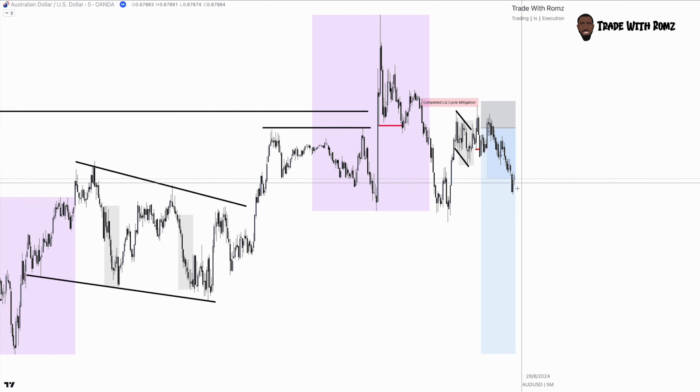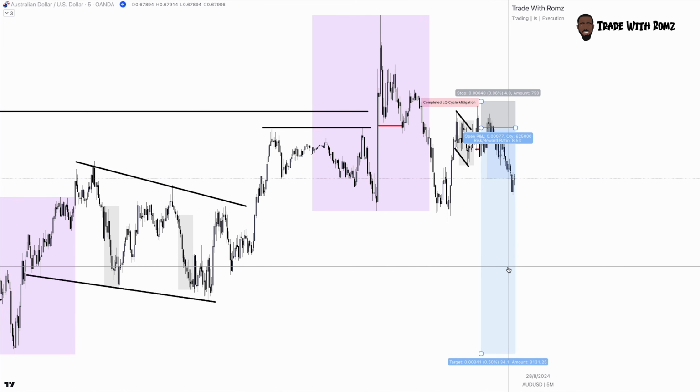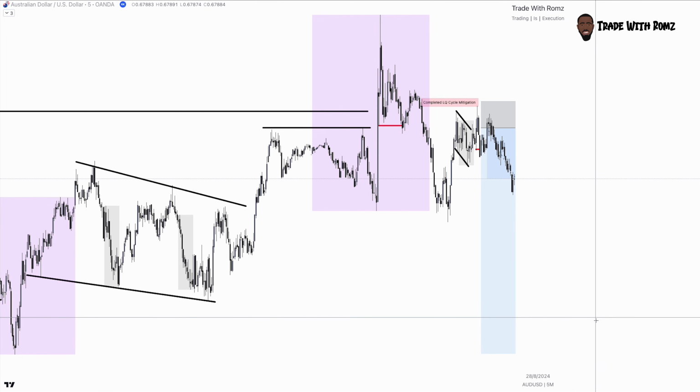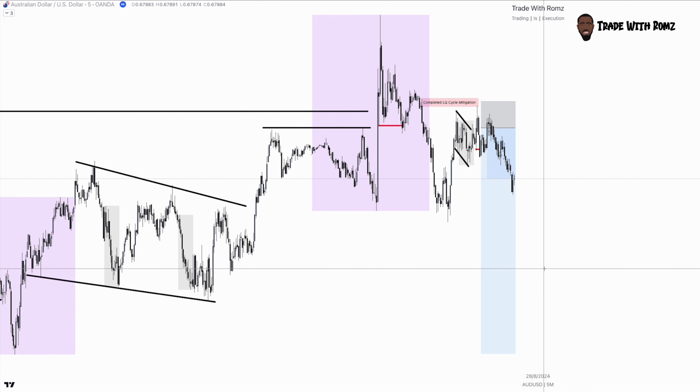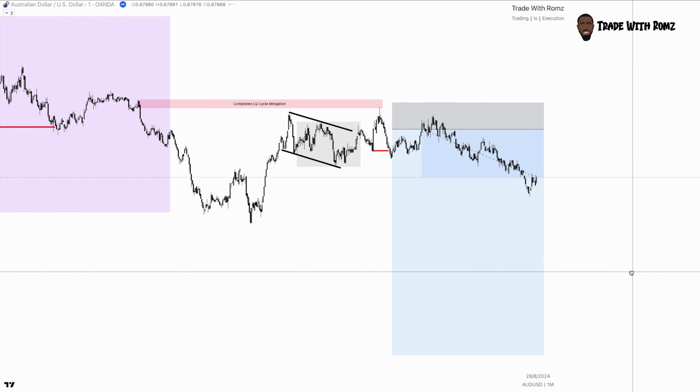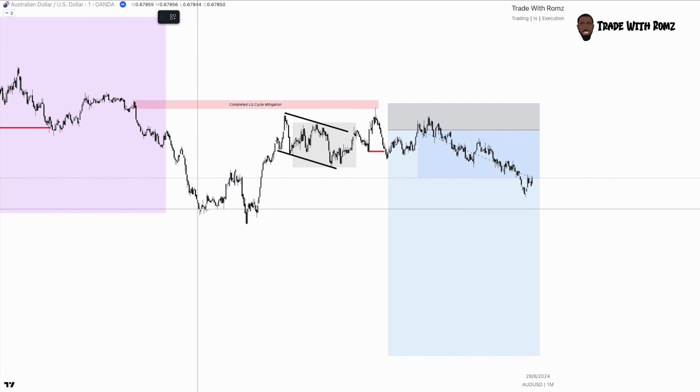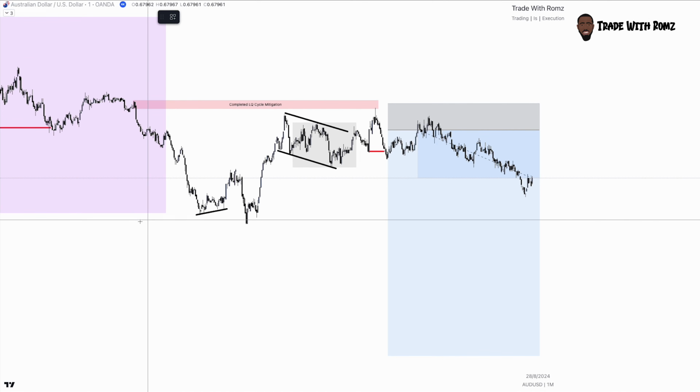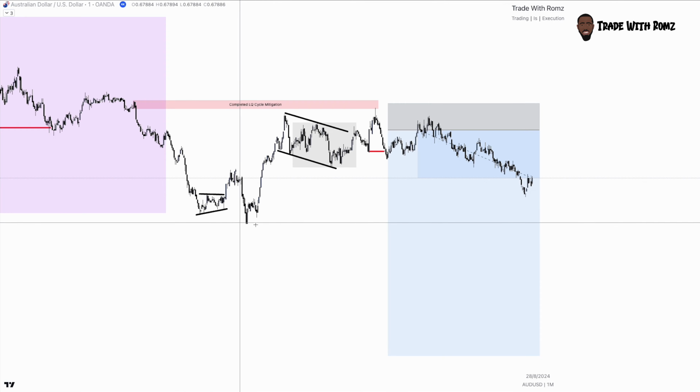So I'm holding this now. And because of this inducement, because of the whole cycle, because of the whole story, I was pretty confident that price was to trade away from here. So I knew that if I had the opportunity to, I would find another position if price gave it to me. So if I go back on the M1 again, what you can see here, as I mentioned in the mini cycle before, is the build up, the inducement and the mitigation over here.